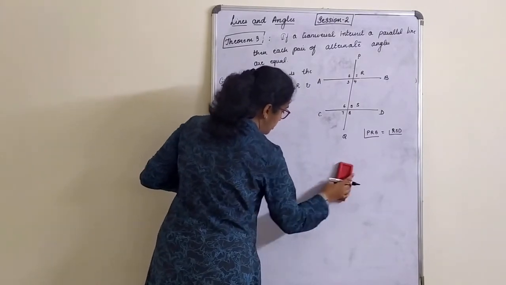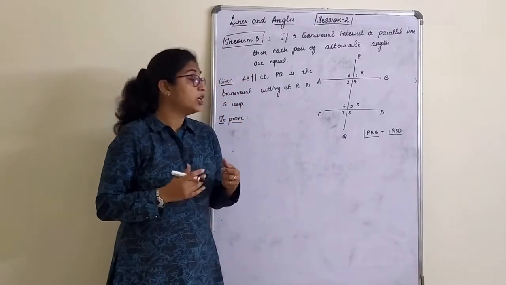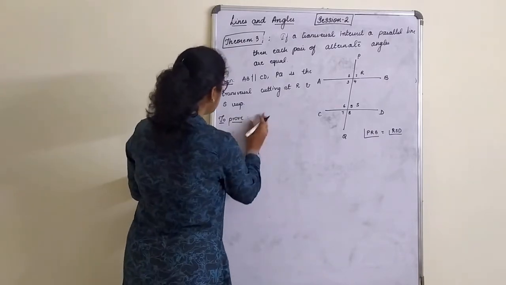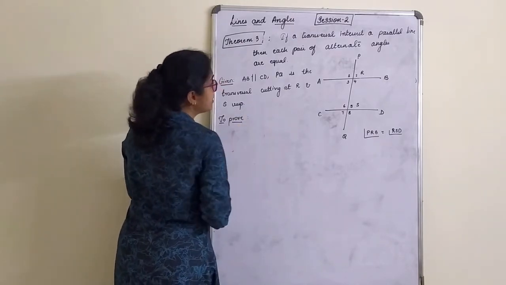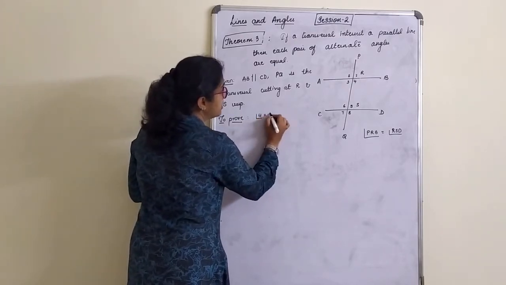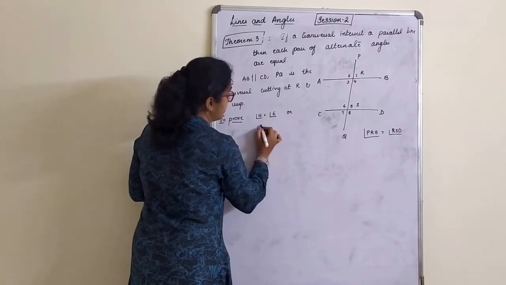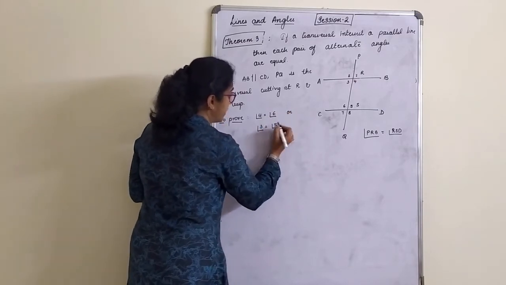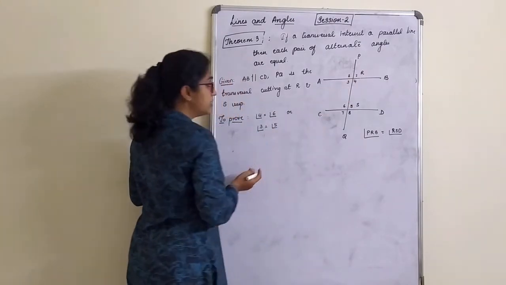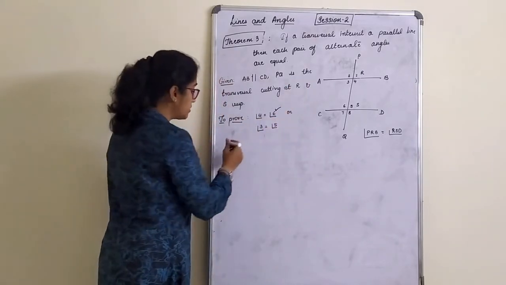How did we prove corresponding? We chose one linear pair. With respect to linear pair, on the same side we took co-interior angles. Now, let me first prove alternate angles are equal. Which are alternate? Angle 4 is equal to angle 6, or we have to prove angle 3 is equal to angle 5. We have only two pairs of alternate angles. So, decide which one do you want to prove. Okay, again the first one we will choose. Proof.